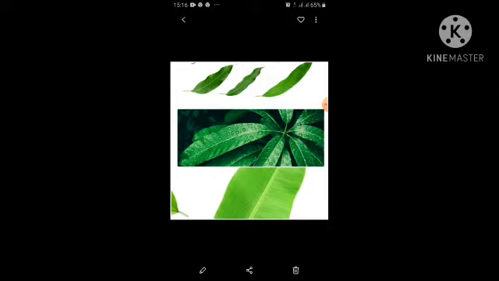So what is that ancestor and all? We are going to discuss that. That is the evidence of evolution. So here we are talking about morphological features. Morphology means the physical structures of an organism. In the previous slide I showed a cat and a dog, and in this slide I am showing normal leaves. So only the physical structure I am showing. I am not showing the internal anatomy of the plant and animal.